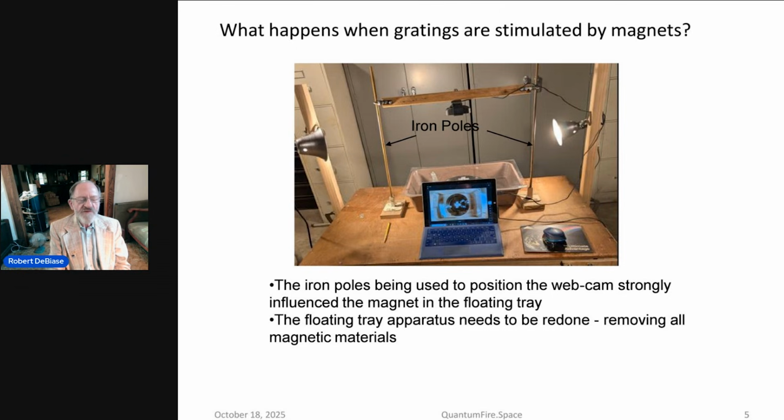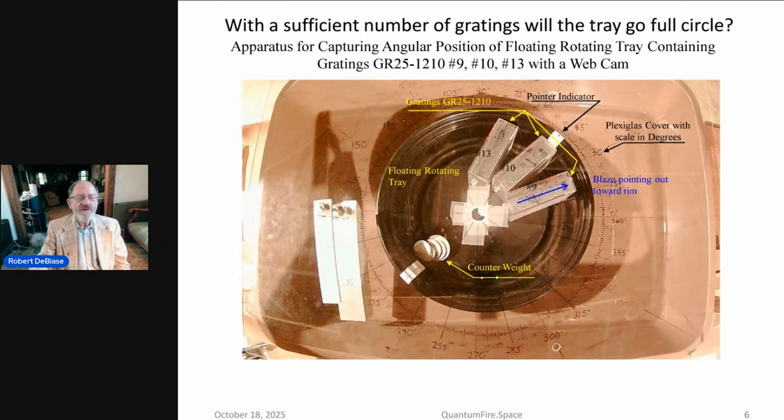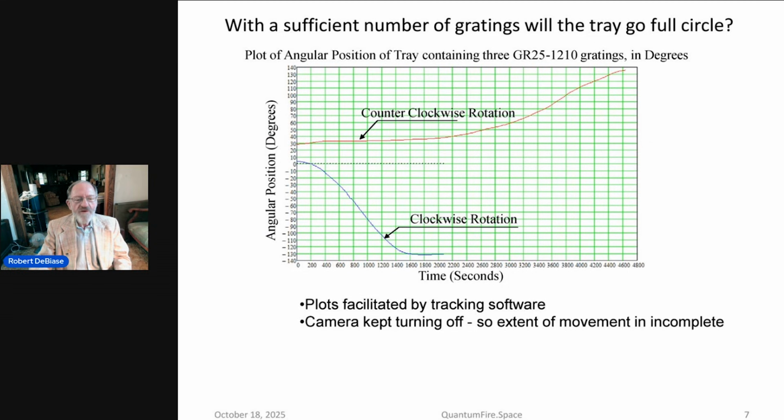But essentially, my apparatus needs to be rerun. You need to remove all the magnetic material here. So I'm in the process of that. Now this here has no magnets, and the question is, with a sufficient number of gratings, will the tray go full circle? So my first attempt at this shows